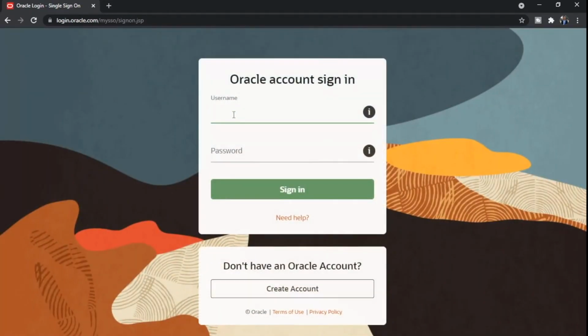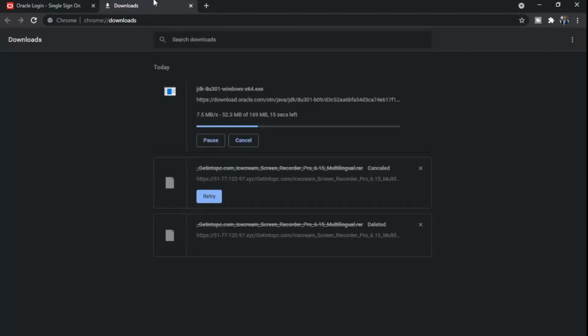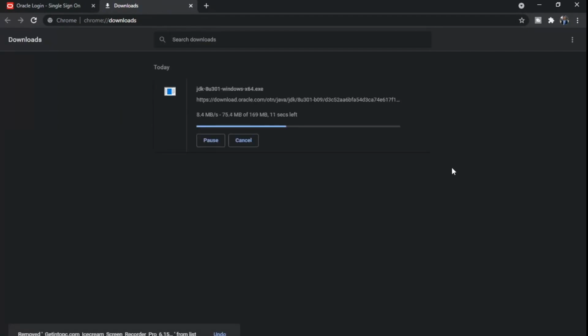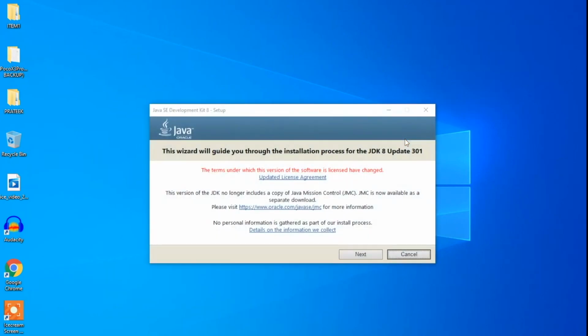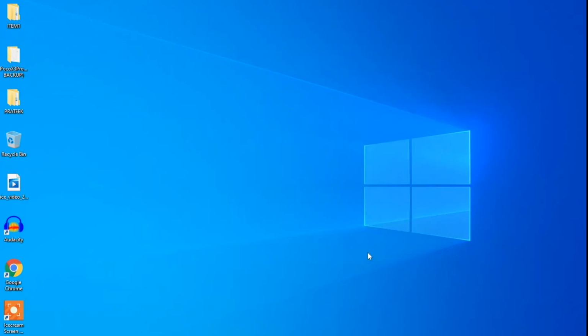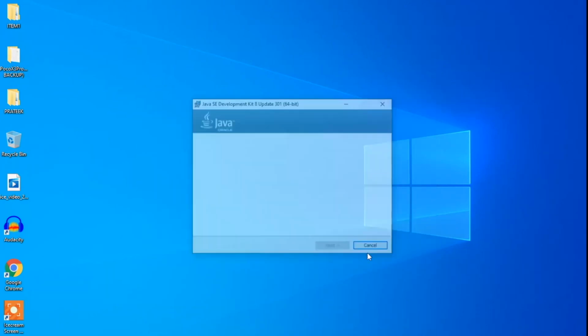Now just log into your account and the download will start. After you have downloaded the package, the next step is to install it. Now just click on next and this will carry out the Java installation on your Windows.